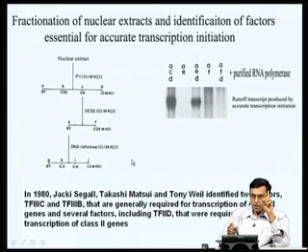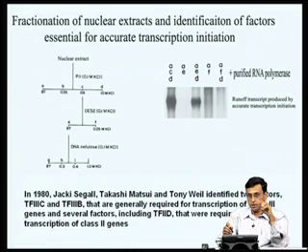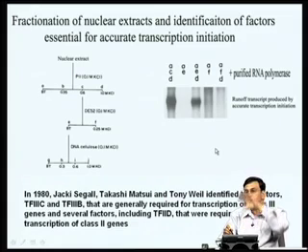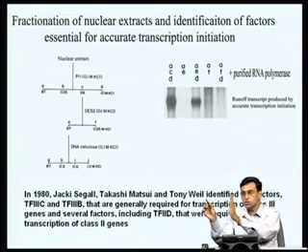Now, I want to describe here a very important assay, which is known as the runoff transcription assay. What you do in this assay is take a DNA template which contains the promoter sequence and then ask how RNA polymerase will bind to this promoter sequence. When it binds, you have what is called a linear template. Let us say, for example, 400 base pairs downstream of the promoter.